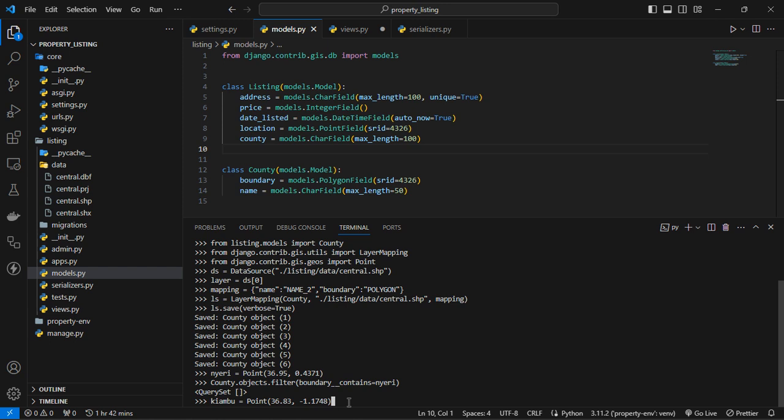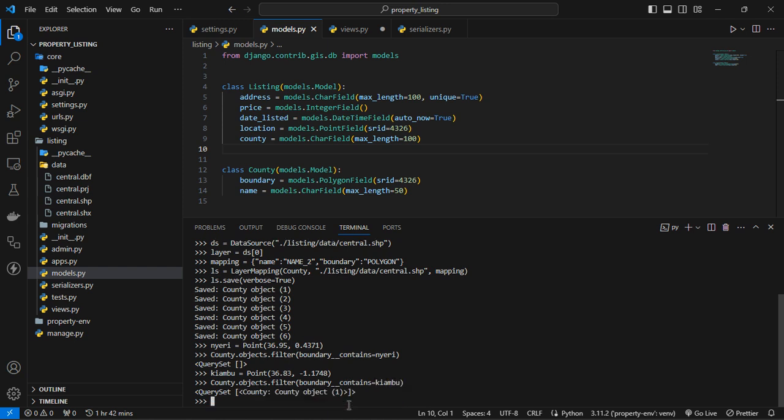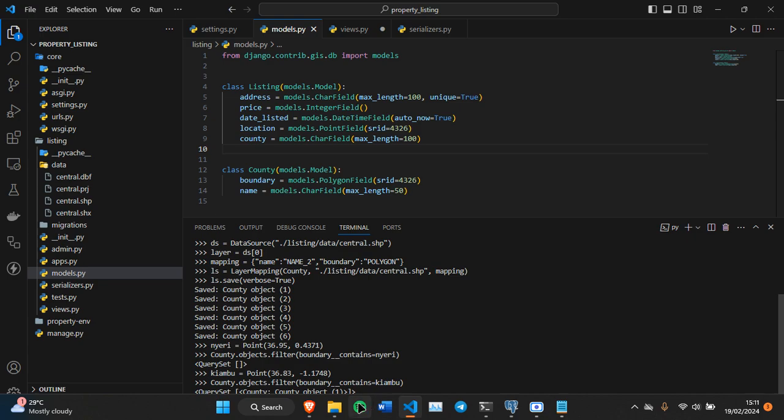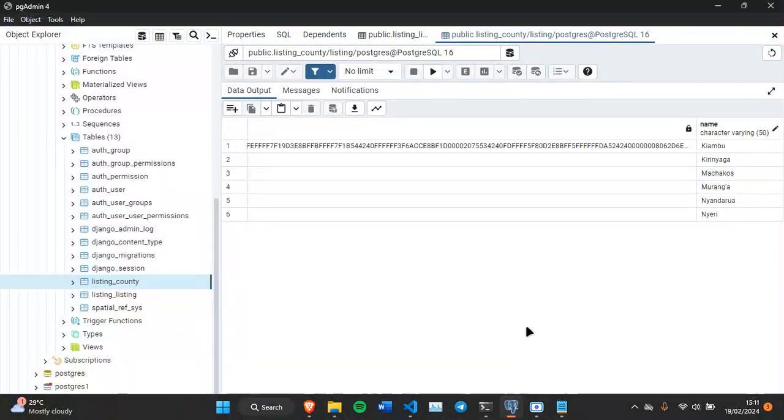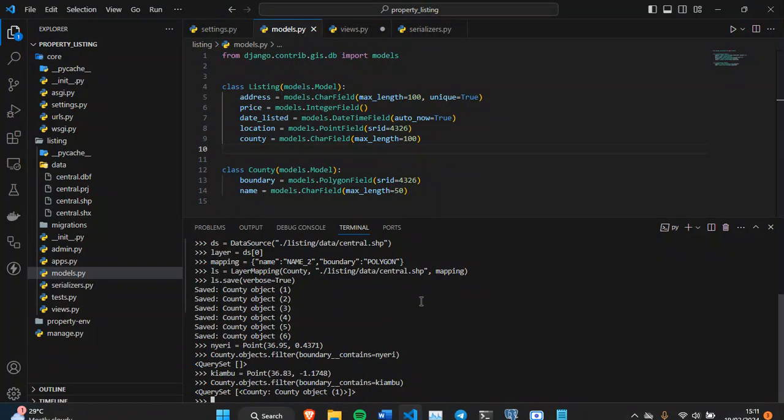Let's close this. Let's just instead of Django right here. There we go. So object one. What is object one? Let's just go back to our database. And there we go. So object one is Kiambu. So it's that simple working with GEOS